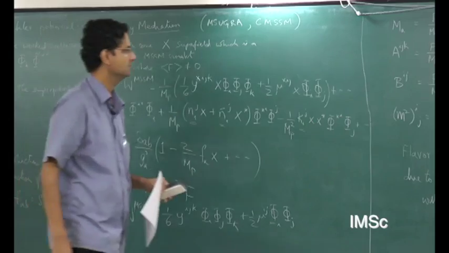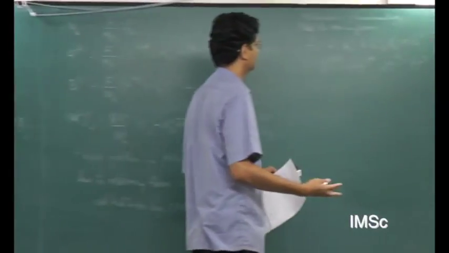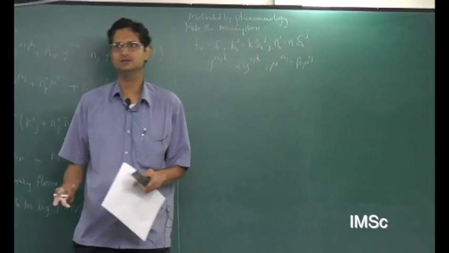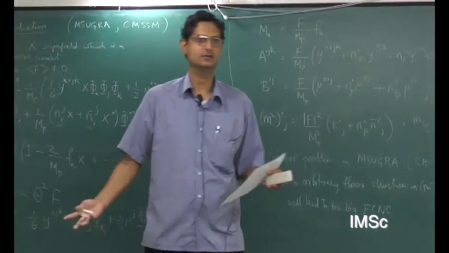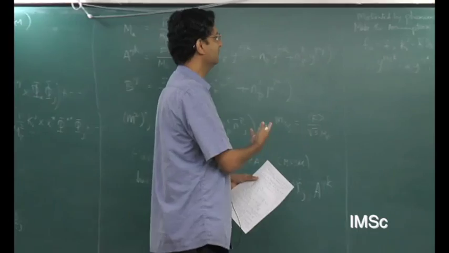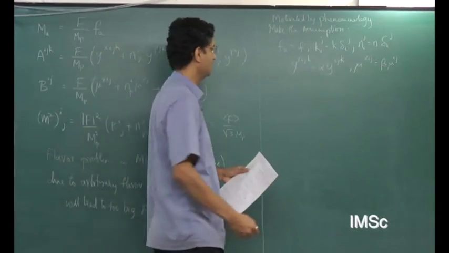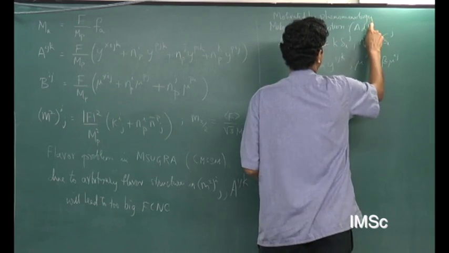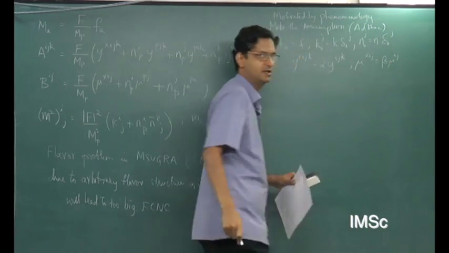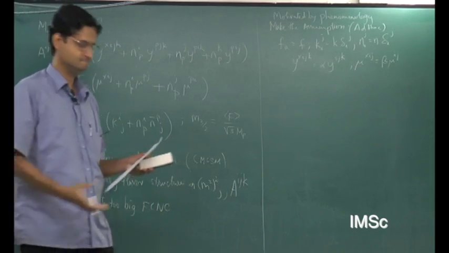There is no good understanding from supergravity as to why these should come about, but you just make the assumption based on phenomenology, because this will give you control over FCNC if you do this. It is completely ad hoc from the point of view of supergravity. There is no understanding why supergravity should lead to anything like that.